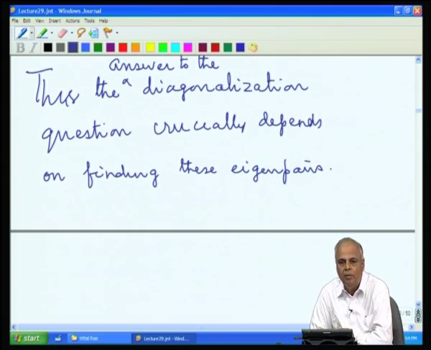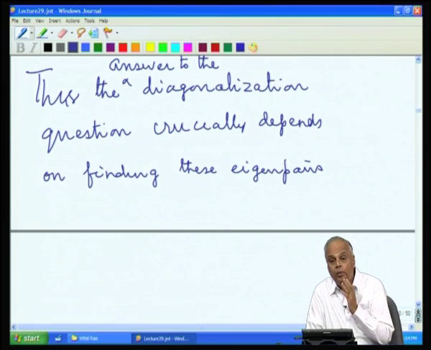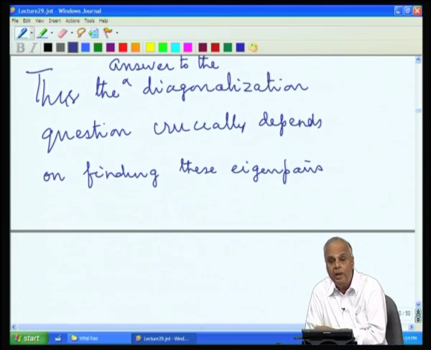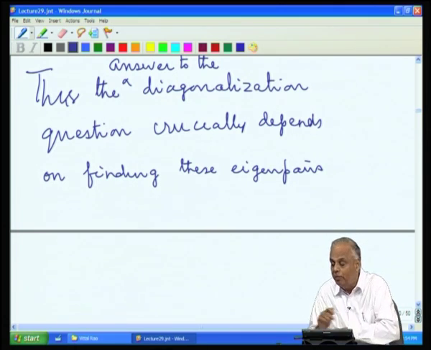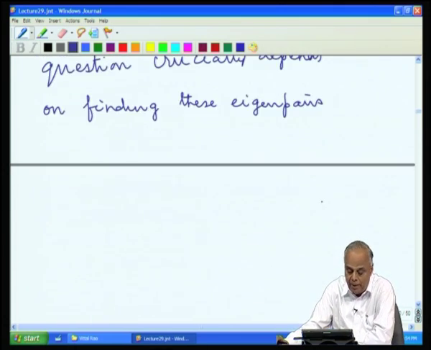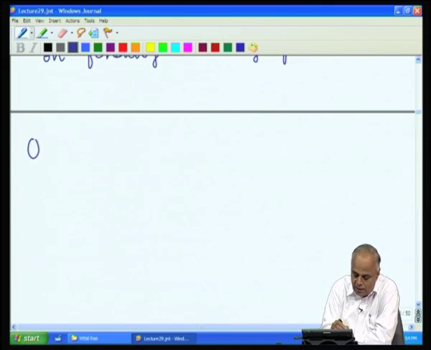This crucially depends on finding these eigenpairs. Not only do we want to find the eigenpairs, we want to find n of them, in such a way that the numbers lambda 1, lambda 2, ..., lambda n are real and the vectors phi 1, phi 2, ..., phi n are linearly independent. So, the question that arises: